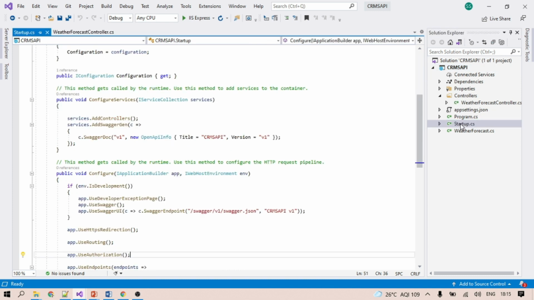In the Startup class, as I was telling you, you can see the Swagger service is already implemented here as per the requirement for our solution. It only takes an API name and so on. If we take a blank API without any sample request and response, without any controller and action method, there will not be any implementation for Swagger, so in that case we will need to implement Swagger manually.